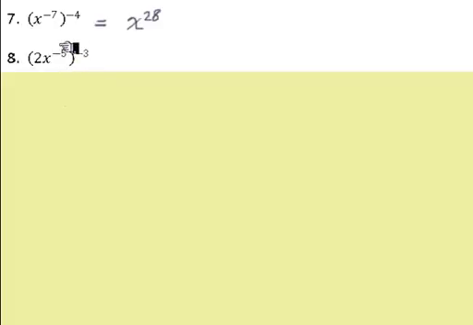In number 8, we have this exponential expression in parentheses with a negative exponent outside the parentheses. And here we have to be very careful because when we raise 2 to this negative exponent of -3, all right, we get 2 to the -3, which is 1/8. And a lot of people make mistakes at that point. Let me do this 2 ways. All right. First,